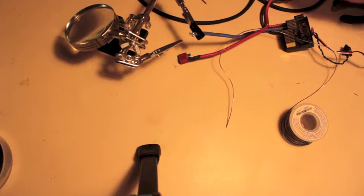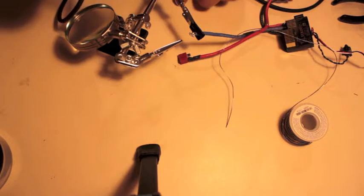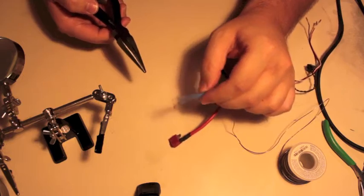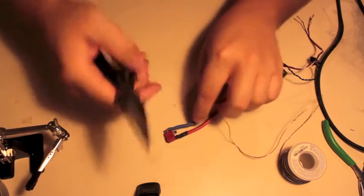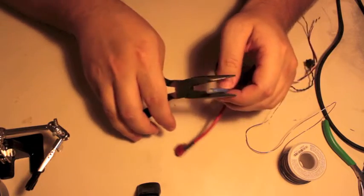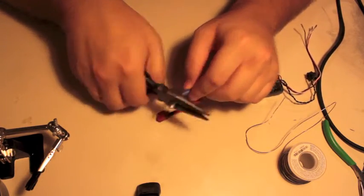Alright, now I'm going to try and soak up some of this excess solder. One thing to always be careful of, like even now, this is toasty. You don't want to grab it very quickly after using the iron on it. So hopefully